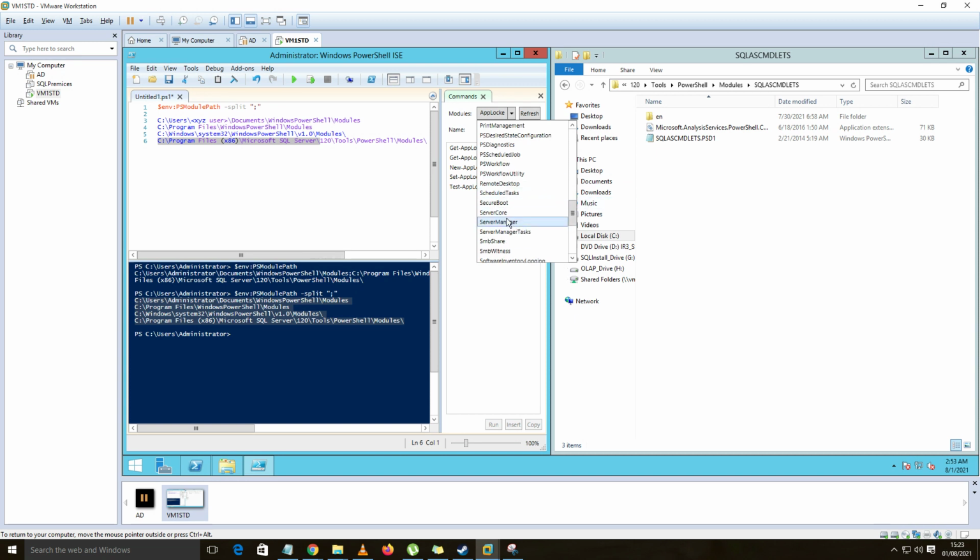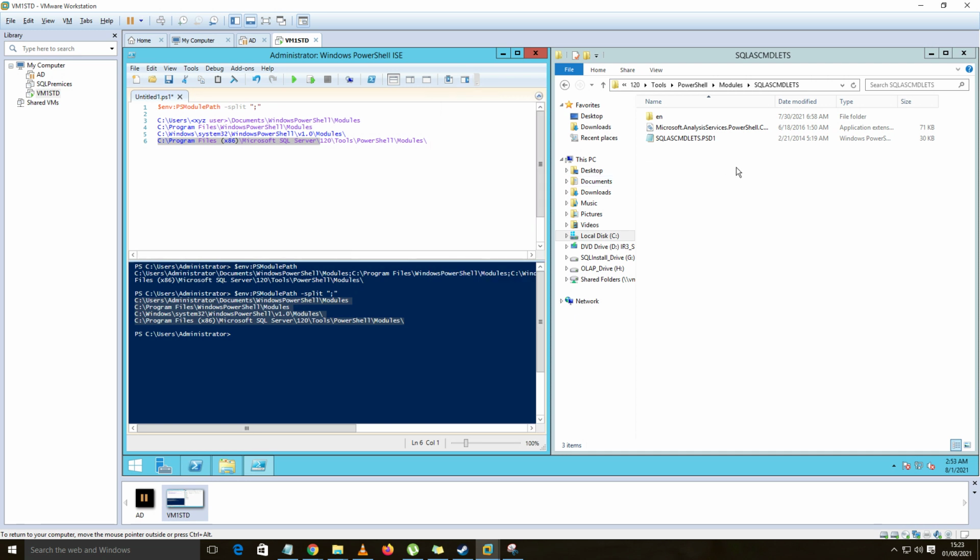Okay, that's it. So that is how to check the PowerShell module paths. Those are system based. Whenever you install any module, it will preferably go to the system location, but if you install at user level, it will go to the user location. As of now this does not exist, but it will be created automatically during installation.